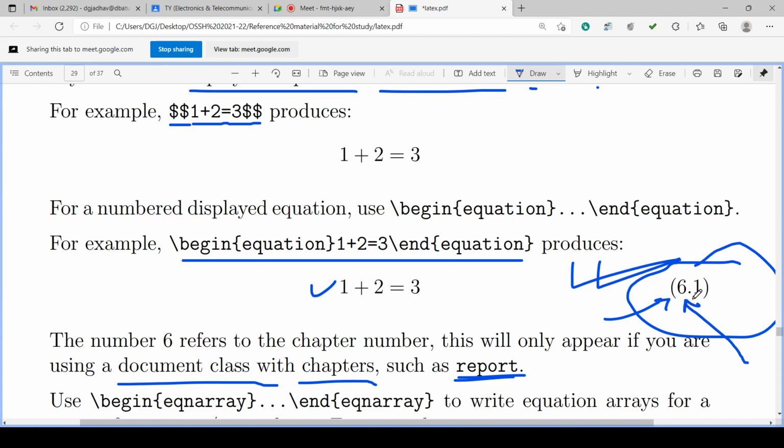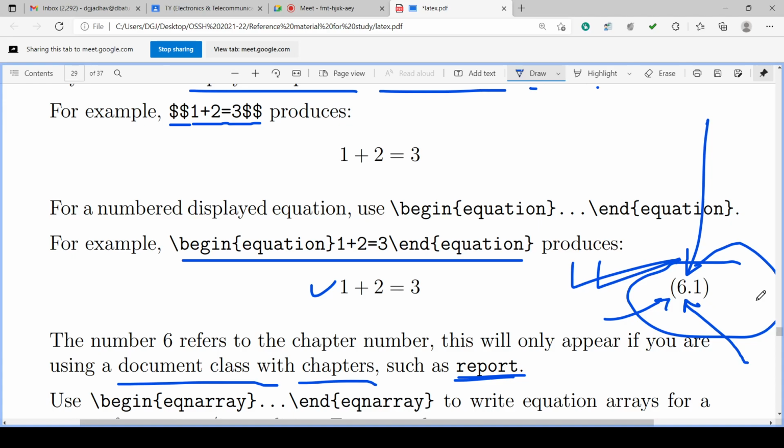equation number. And this 6.1, the 6 will be only available if we are using chapter. 6 is chapter number and 1 is equation number in that chapter. So 6.1. Otherwise, if the document is not having chapter, that 6 is not there and only one number will be there. 1 number, 2 number, 3 number of the equation numbers.